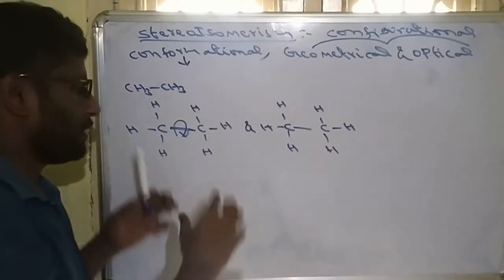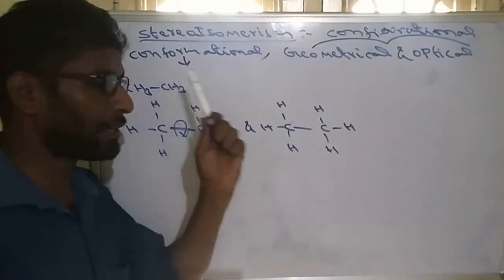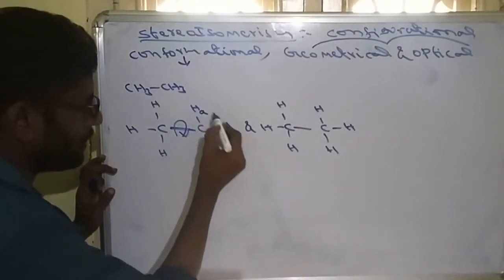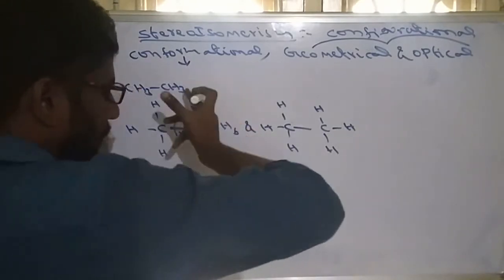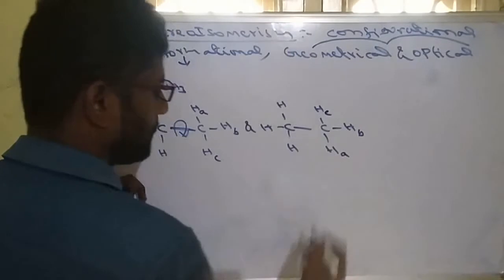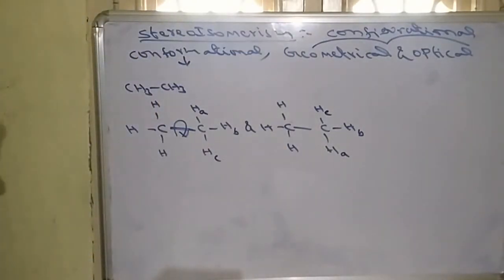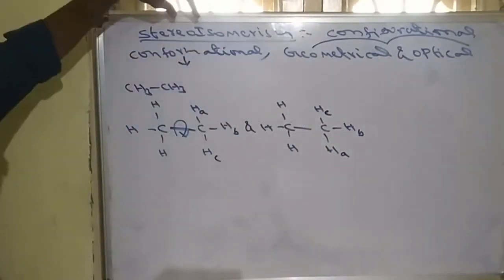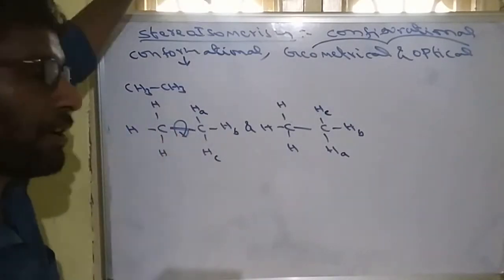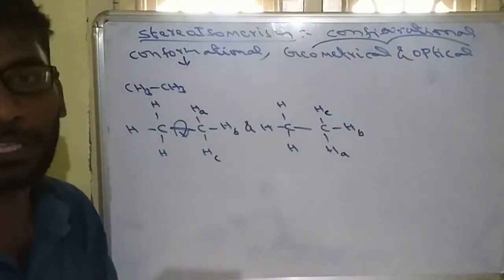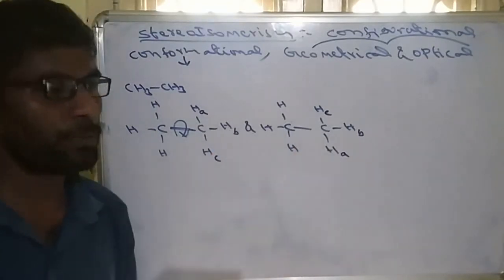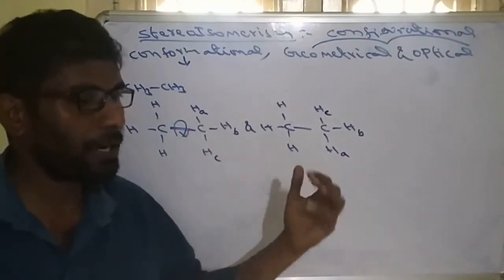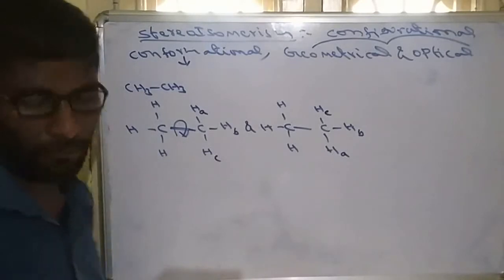Why? Even though they seem to be the same, the orientation of atoms in space is actually different. Suppose we represent them with HA, HB, HC; on rotating, it becomes HA, HB, HA. Now both are different. So the orientation of atoms in space is always different in stereoisomers. Stereoisomers are three-dimensional, so we cannot see them directly with our naked eyes. They require special techniques for observation, and by using these we can identify and calculate them. So these two are called conformational isomers.